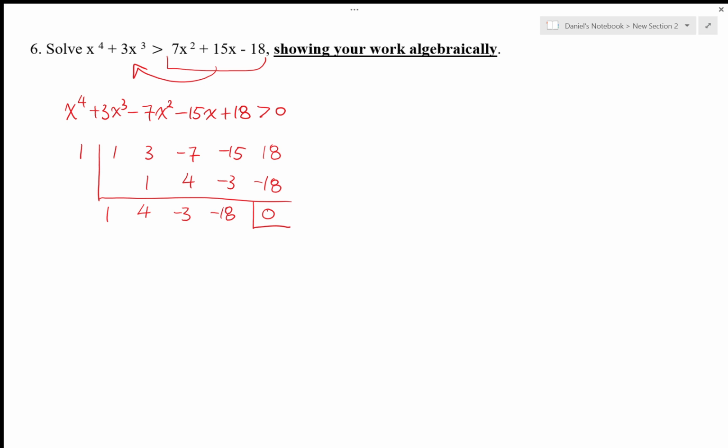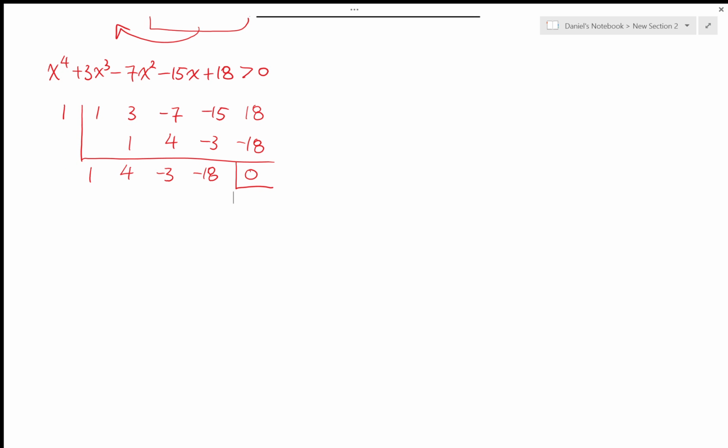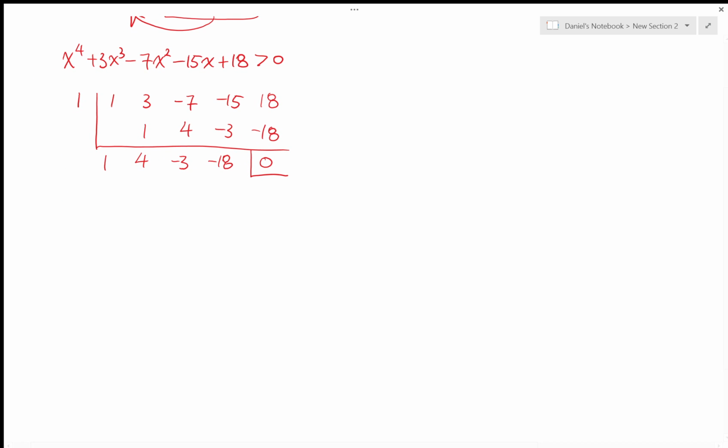Now, you won't make any mistakes when you're doing homework, but when you are doing a test, you're under pressure, right? So your brain sometimes works in a slightly different way, or there's a glitch and you forget that. So make sure you put that little indication or fence per se around the last number indicating that that is your remainder. Now, then we have x minus 1, x cubed plus 4x squared minus 3x minus 18 still greater